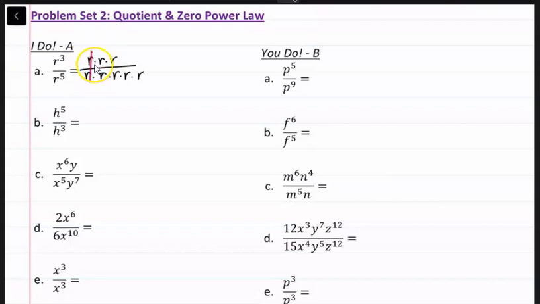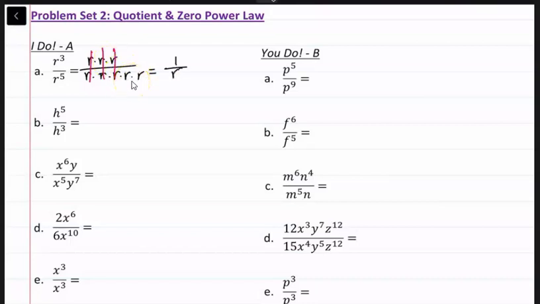Such as 2 divided by 2 is 1. Notice we have another r over r here, so that also becomes 1. And another r over r here, and that also becomes 1. So notice here, all these canceled out. However, we still have 2 r's remaining. Notice on the top, everything got canceled out, and we can imagine these as 1s. 1 times 1 times 1 is just 1. So as we begin simplifying it, we get 1 over, notice we have r multiplied by itself 2 times on the bottom,